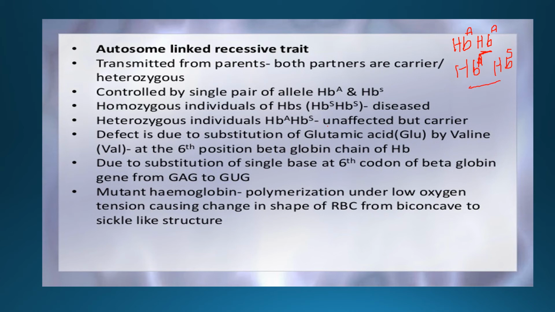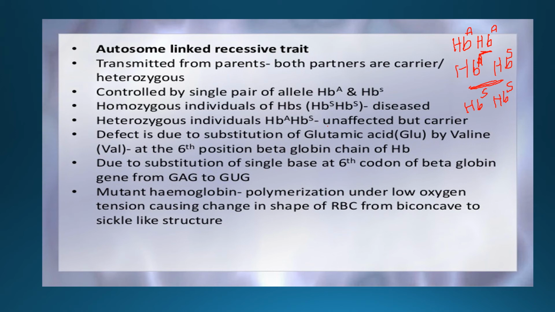Now what happens to an individual who is heterozygous? They are not going to suffer from sickle cell anemia. Instead, they gain resistance against the malaria disease. For a person to suffer from sickle cell anemia, both alleles should be mutated, that is HbS and HbS. Then we can say this person is suffering from sickle cell anemia. In the heterozygous condition, the person will be normal, and in addition, can develop resistance to malaria. HbA and HbA is the normal hemoglobin gene.